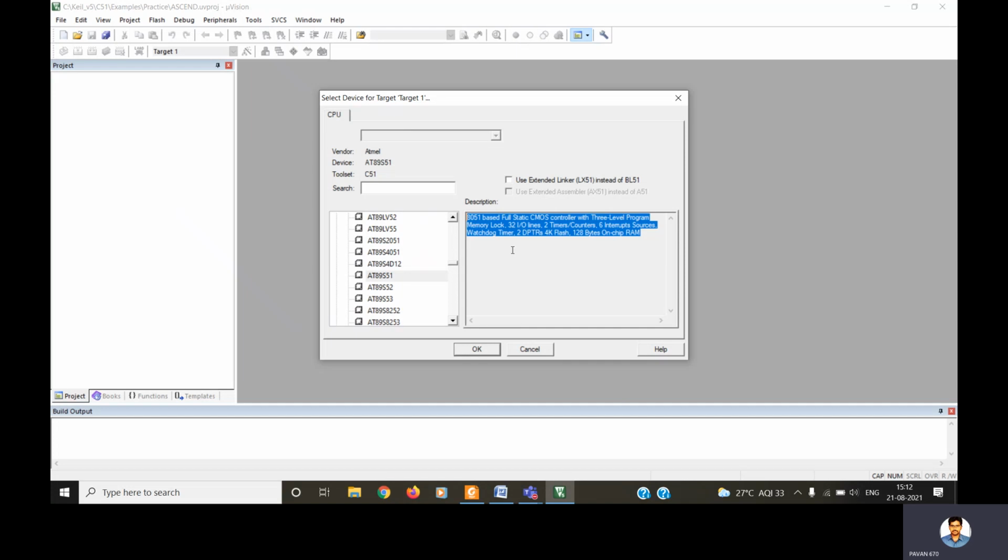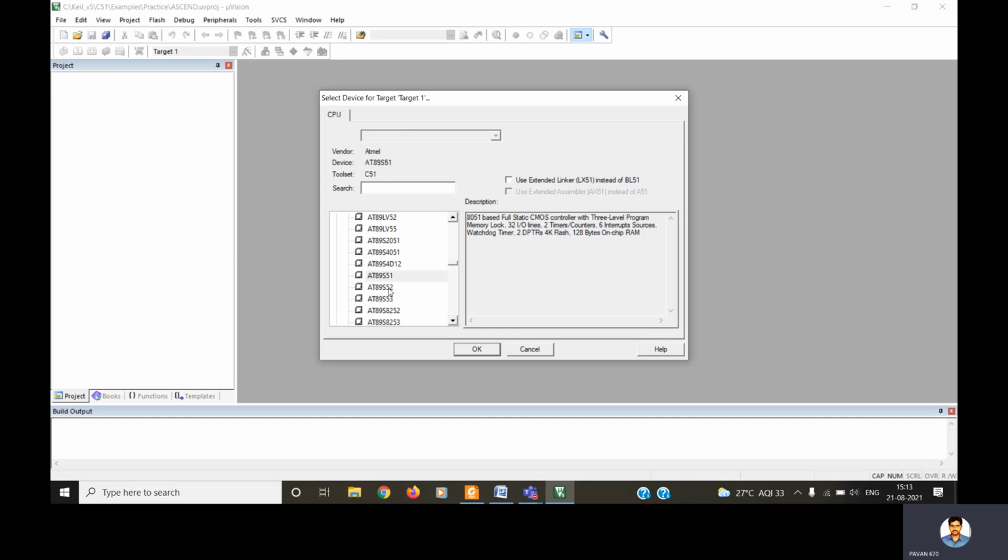The 8051 is a fully static CMOS based controller with 3-level program memory lock, 32 IO lines, 2 timers or counters, 6 interrupt sources, a watchdog timer, 2 data pointer registers, 4K flash ROM, and 128 bytes of on-chip RAM. So these are its features.